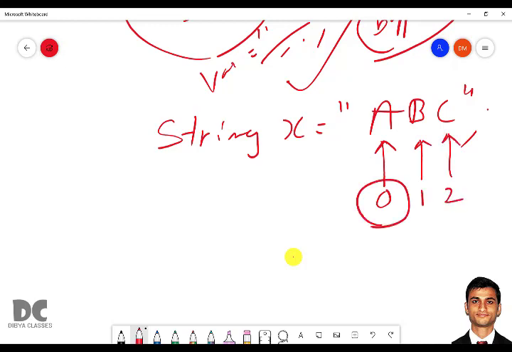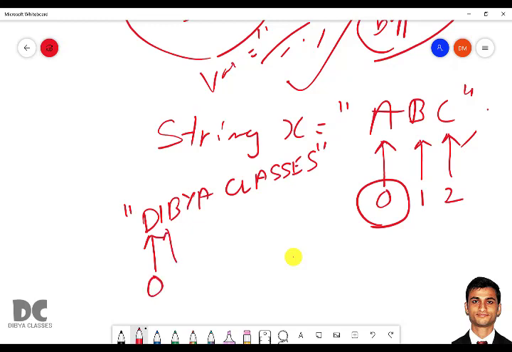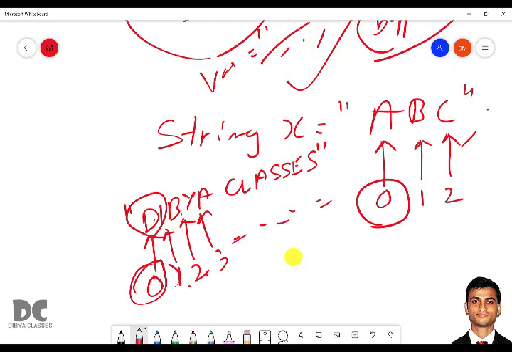Every time the location starts from 0 and it continues by increasing 1. For example, I am storing Dibya class. So D location is 0, I is 1, B is 2, Y is 3 and so on. This is how a string constant is stored in computer memory. So each character has its own location. The first character is 0, the second character is 1, the third character is 2 and similarly.